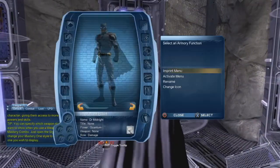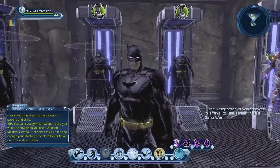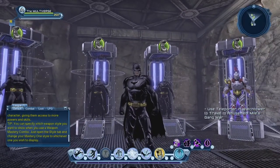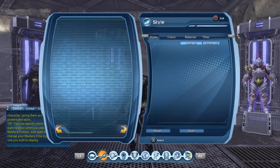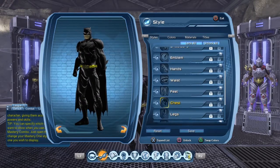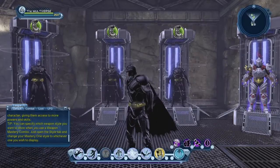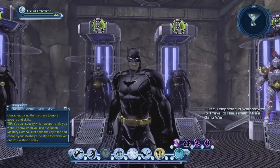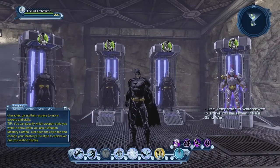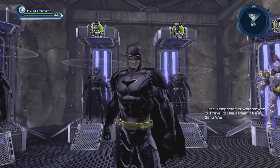So let's give a try to a third variation that I made. Here, it's pretty much the same thing, but in this case, I went with the Daring Vigilante chest, and for the pants, I think it's the robotic pants. It's been a while since I created those looks. I've been struggling a bit with this video because it's pretty hard to find distinct looks. I went with the shielded robots, but I did find it hard to recreate what was pretty much the same costume in three films with very slight changes. And sadly, we didn't have anything online in this universe that looked exactly like what was used in those films. So I used looks that are almost